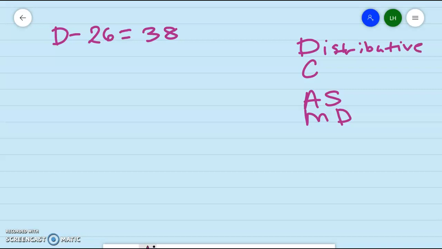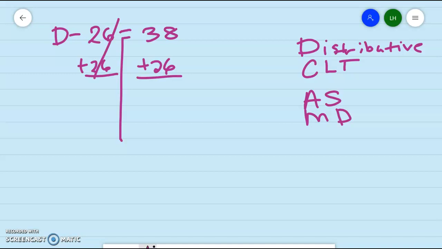The next thing you want to look at is combine like terms on the same side of the equation. So there are no like terms here. So the next thing that you want to do is undo any addition or subtraction. So we're trying to solve for D, so we need to get rid of the minus 26. So you're going to do the opposite, and you're going to add on both sides, and that will cancel out. And then you're left with